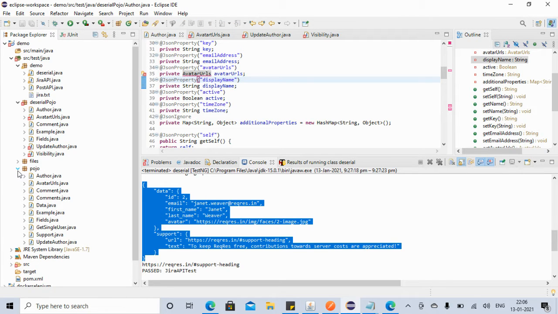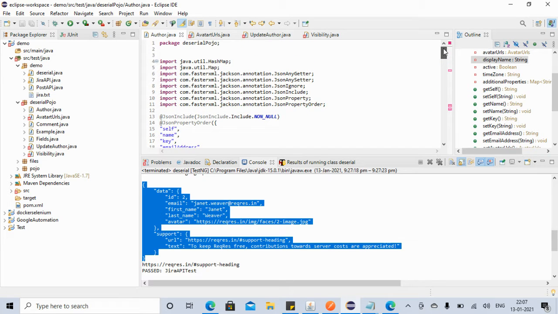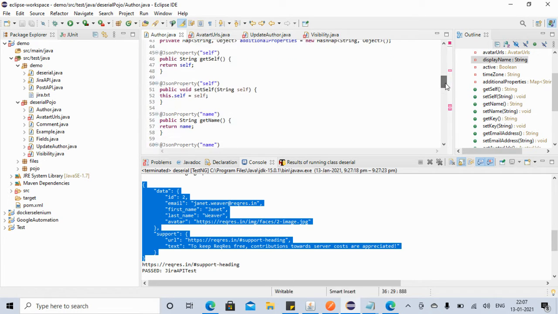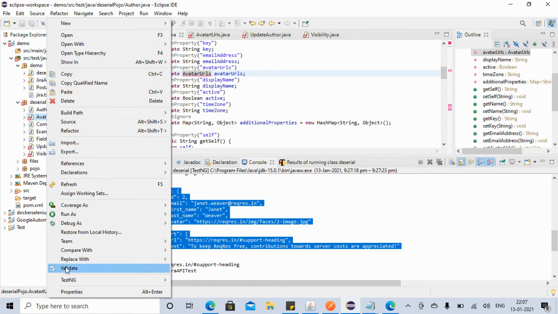Let me see. We have it here. Okay, if you see, it is avatar, so let's refactor it. We made a mistake here in the name, so just refactor it so that we can solve this.